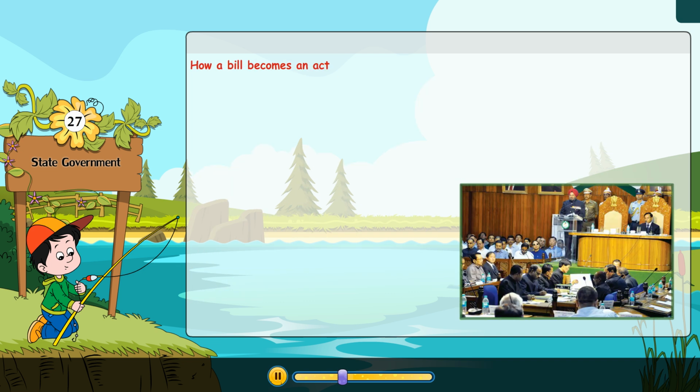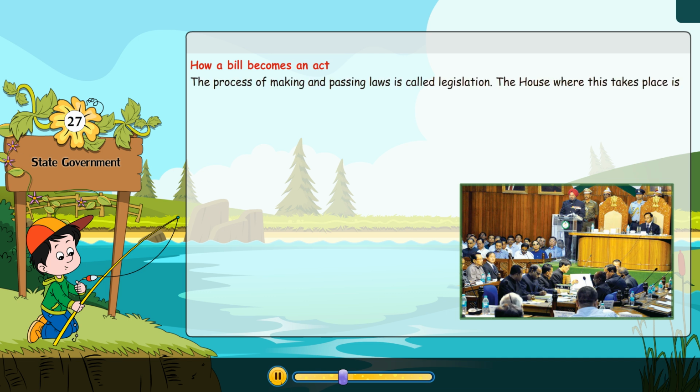How a bill becomes an act. The process of making and passing laws is called legislation. The house where this takes place is known as